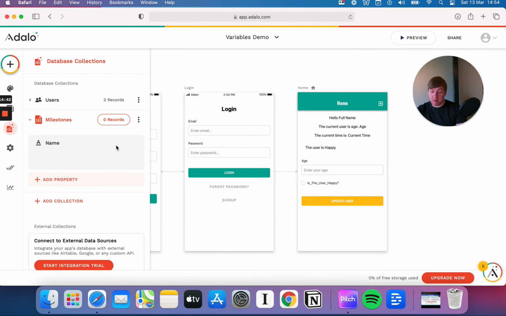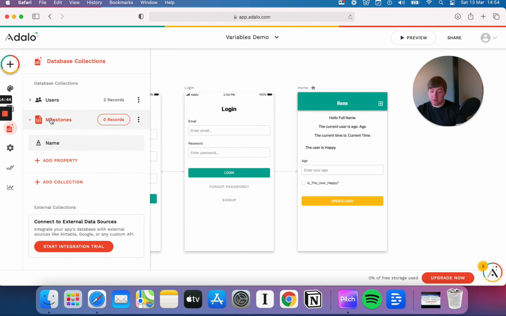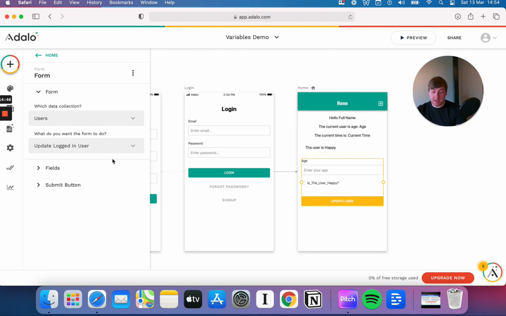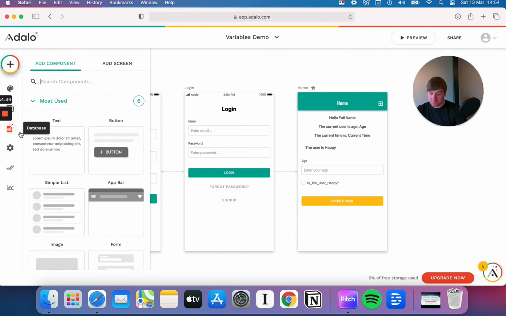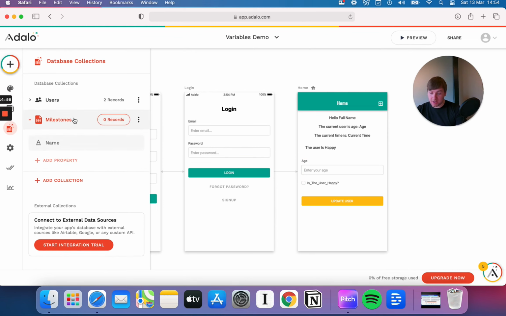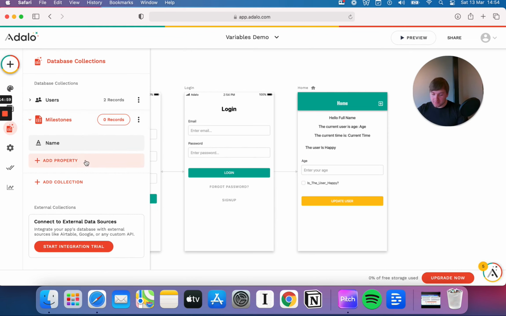We're going to have a name for the milestone, and we can then just have another little form. Oh, and one other thing we need to do is we need to actually link our milestone. So we're going to have milestones, and by milestones I mean, like, has the user had their 18th birthday, 25th birthday, have they bought their first home, bought their first car, just a random, very typical